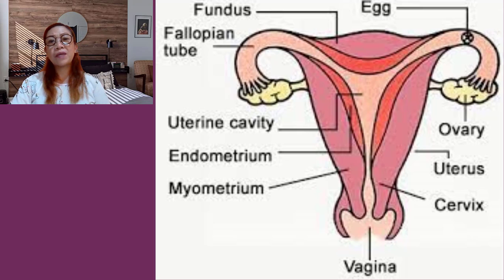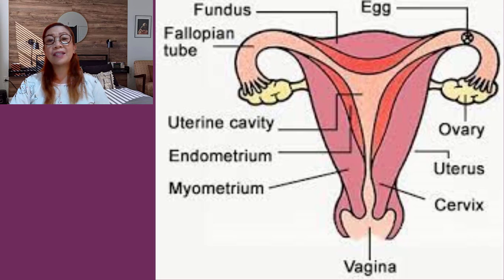For non-pregnant women, it is approximately 60 grams in weight, and its function is to receive the ovum from the fallopian tube and provide a place for implantation and nourishment. It also gives protection for the growing fetus, and it is divided into 3: the body, the isthmus, and the cervix. The body forms the bulk of the uterus, being the uppermost part, and this is also the part that expands to accommodate the growing fetus,